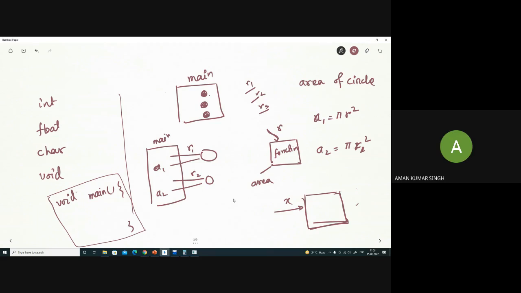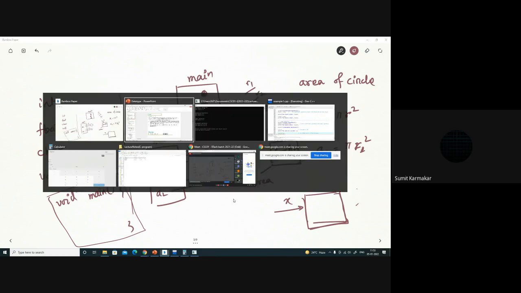So sir, why will we use it? Sir, please give me an example of the ternary operator. Okay. Let me check it. I also forget the notation, how to write this.